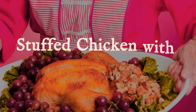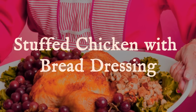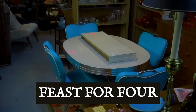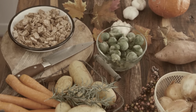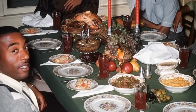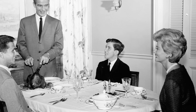If you could not swing a turkey, Betty had a solution that felt just as grand: a stuffed chicken. She called it a perfect feast for 4. Housewives would rub the skin with shortening, pack in a rich bread dressing made from day-old crusts, celery, and onion, then baste it like it was the real deal. The key was presentation. Laid on a platter with parsley sprigs and a scoop of cranberry jelly, it looked like